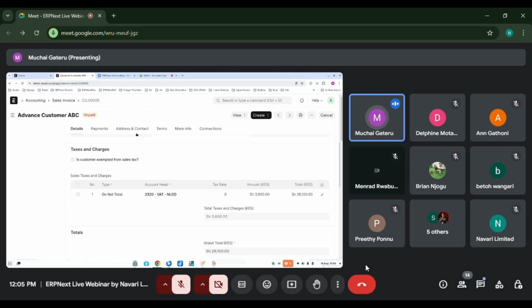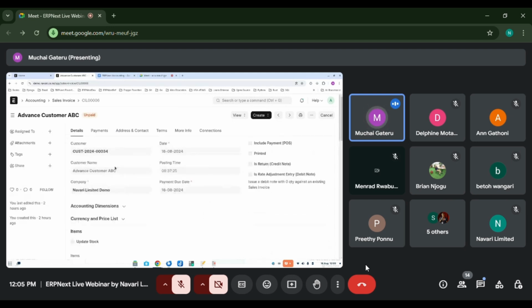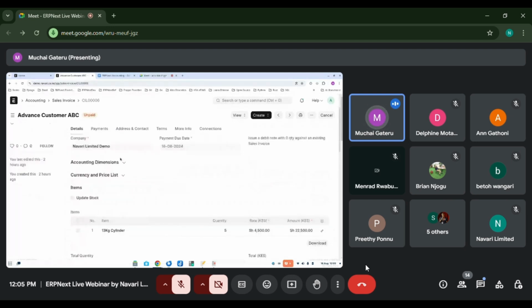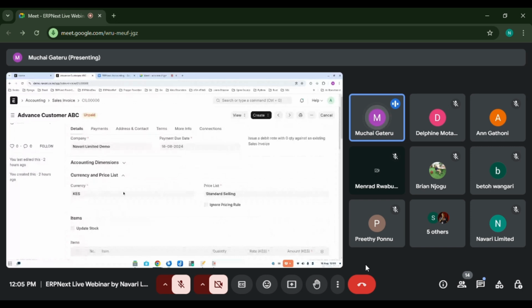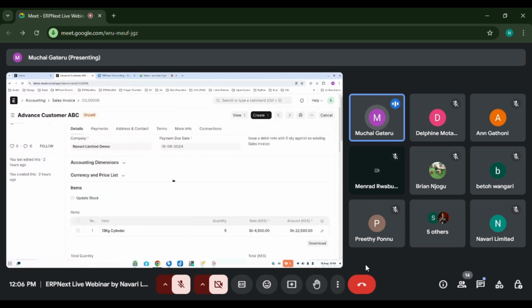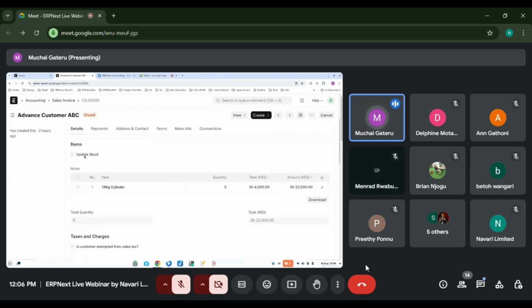But a sales invoice looks something like this. It will have your lines. It will have the customer, for example. The currencies: you can pick a different currency at the time of selling or buying. It's not based on the default of the company. You can do a sales invoice that